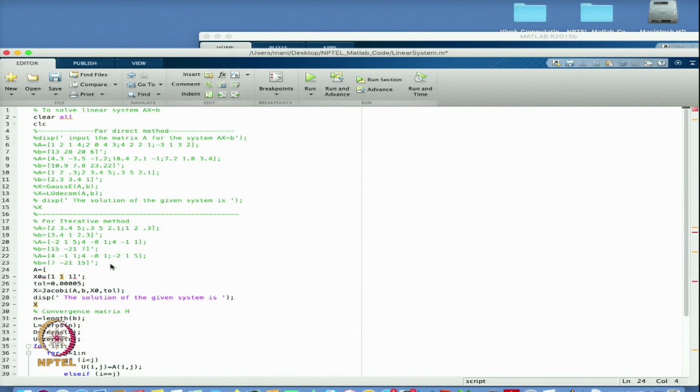So I am taking 5, 1.2 and 3.4. So this is the first equation I am taking. So let us take the bigger one. I am taking 7, 1.2, 3.4 and maybe I am taking minus 3.1. So this is the first row I am taking.